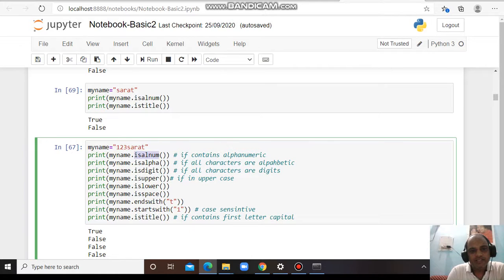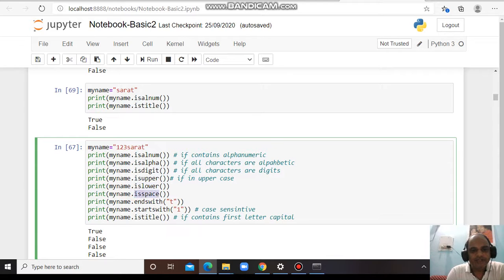Is numeric, is digit: if it is a digit, it will return true, otherwise false. Similarly, is upper: if the string is in uppercase, it returns true, otherwise false. Is lower: similarly, if the string is in lowercase, it will return true, otherwise false.